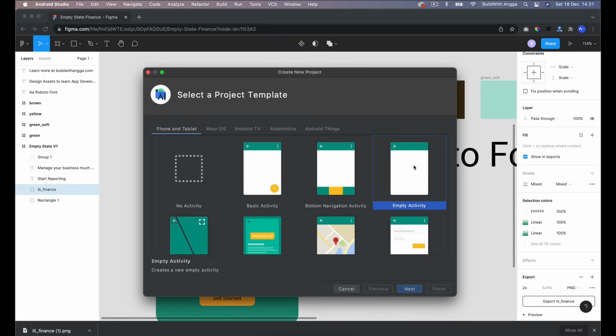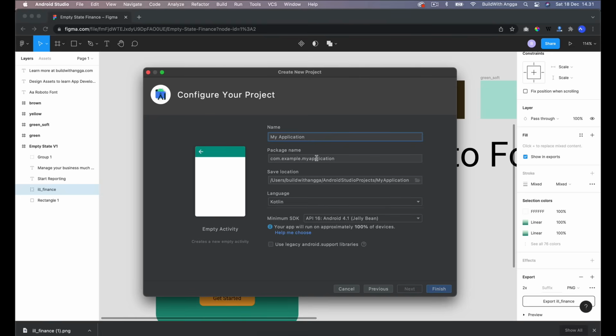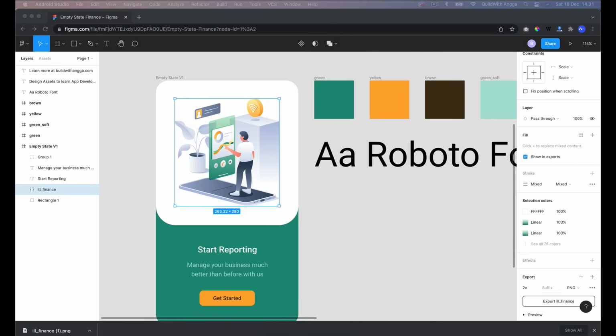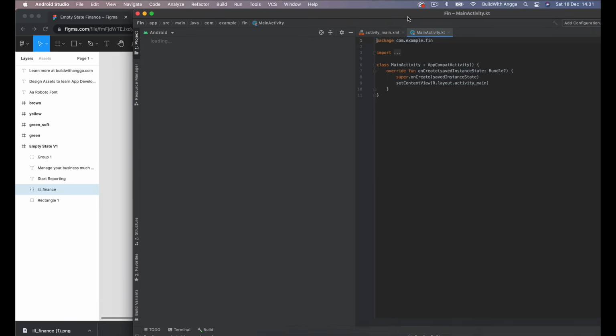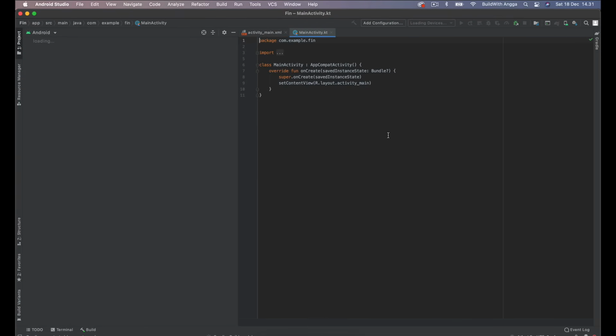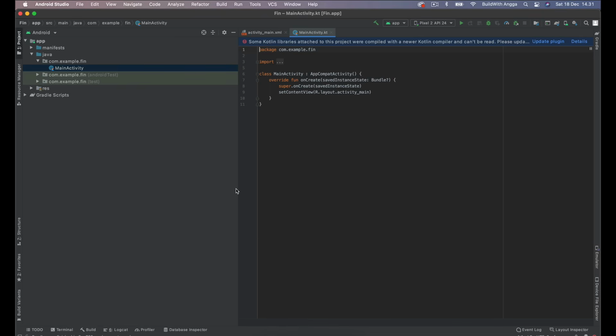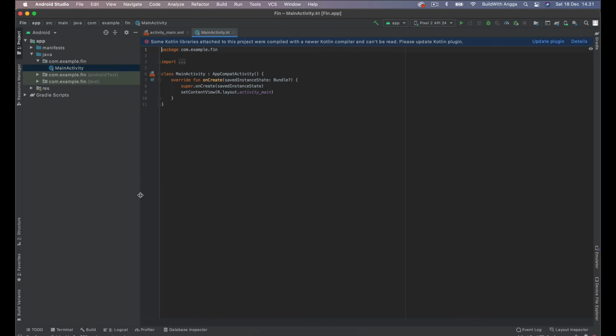You can click this empty activity, next, name your application, let's say finance, and then finish. After that you just need to wait for a couple of minutes, depending on your computer specification. Mine is just too fast because I'm using a MacBook Pro. So the Gradle build has finished and we are ready to go.